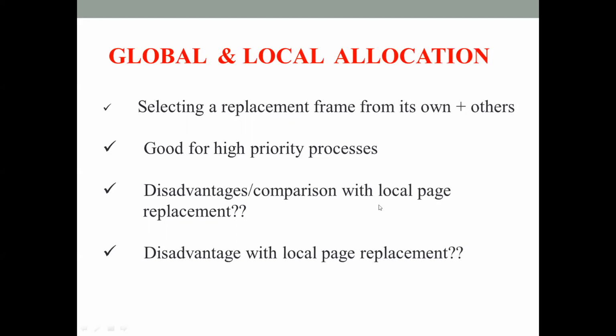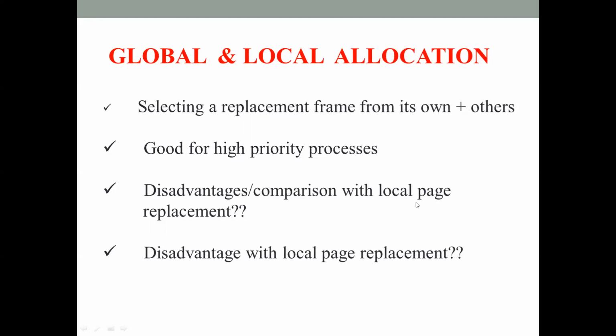In the local page replacement allocation strategy, a process will be able to predict whether its pages will be available for execution or not, because it is only going to select frames for replacement from its own set of allocated frames. If my frame is going to be replaced, that is going to be done by me only. No other process is going to snatch the frame from me. So in local page replacement, the set of pages in memory for a process is affected only by the paging behavior of that process alone, not by the paging behavior of any other process.